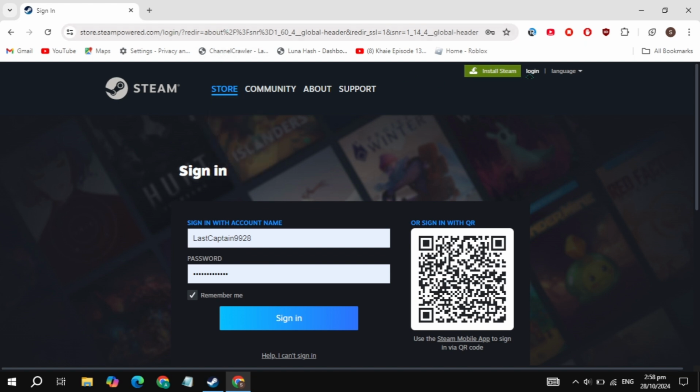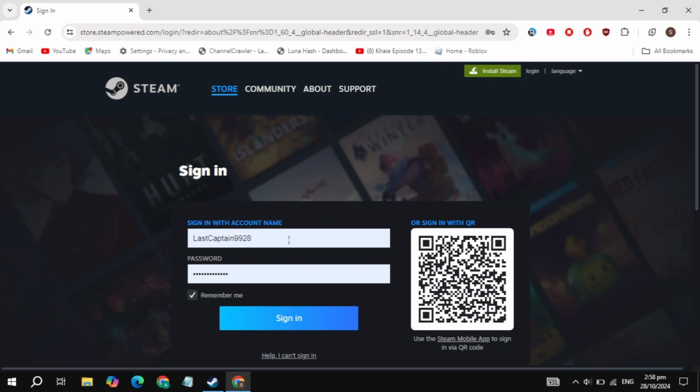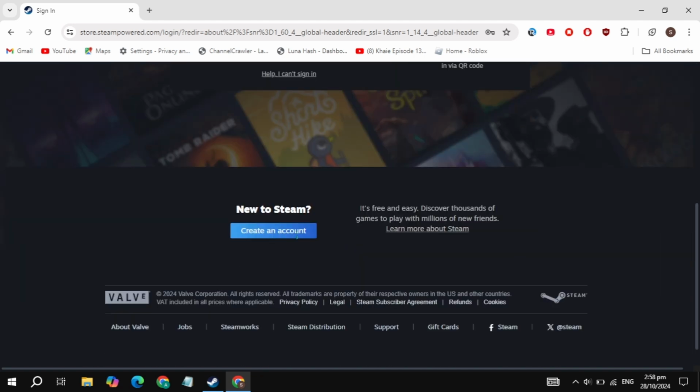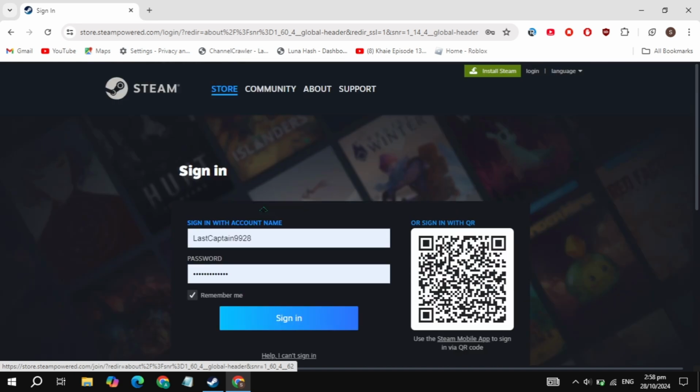Now, you'll see the login option at the top right corner. If you already have an account, go ahead and log in. If you don't have an account yet, no worries. Just click on the option to create a new account. It's quick and easy. Once you've logged in, look for the option that says Install Steam at the top of